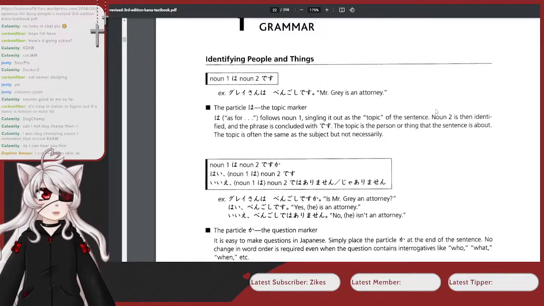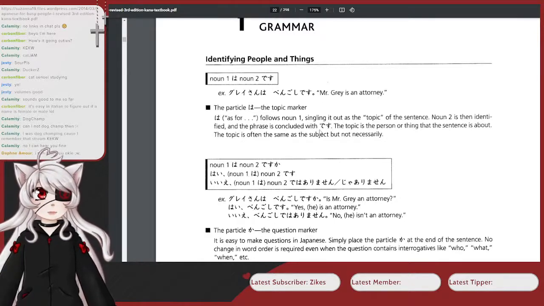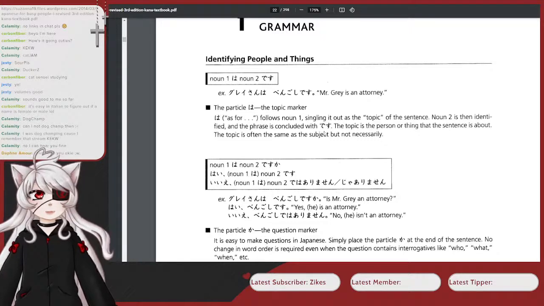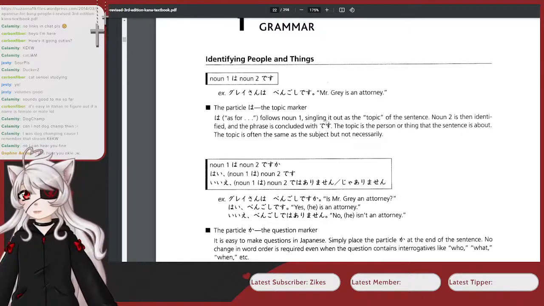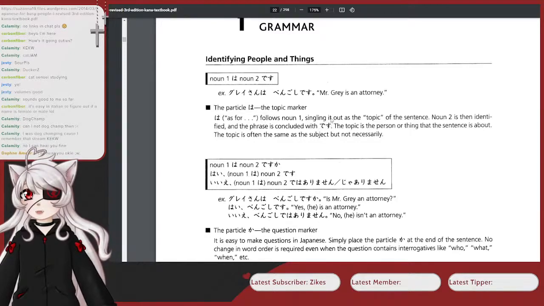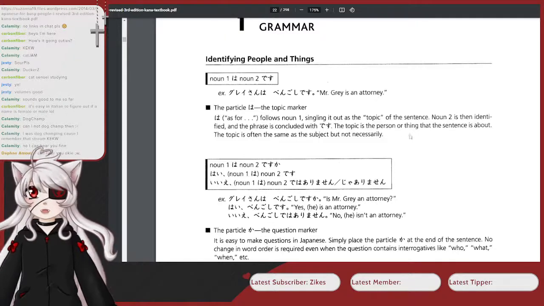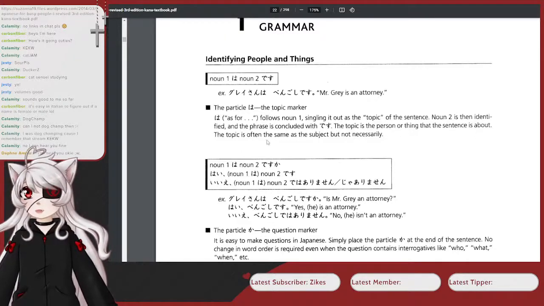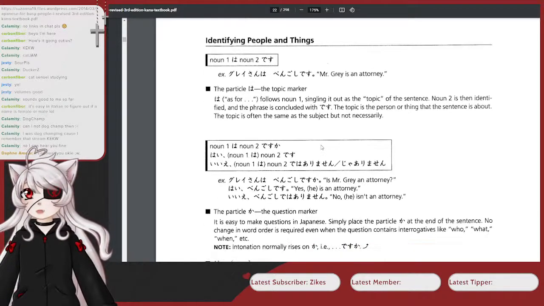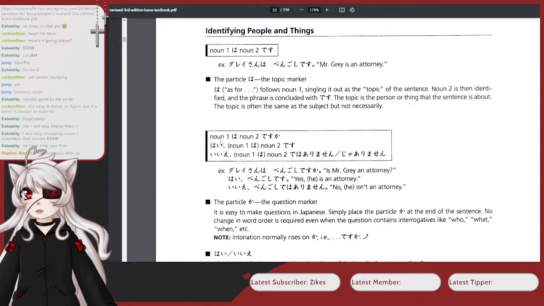And then noun 2 is identified, and the phrase is concluded with desu, but you don't normally pronounce the u on the end. Normally it's just des, and you pretend the u isn't there. Topic is usually the person or thing the sentence is about. Topic is often the same as the subject, but not necessarily. So noun 1 wa, noun 2 desu ka